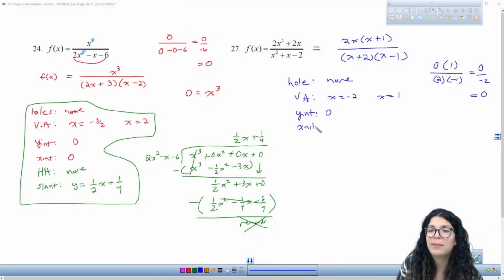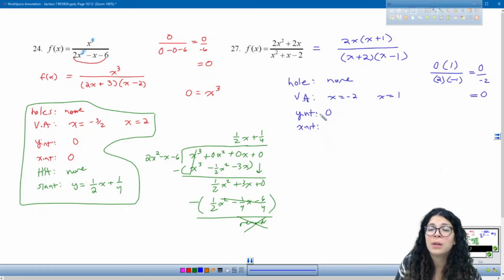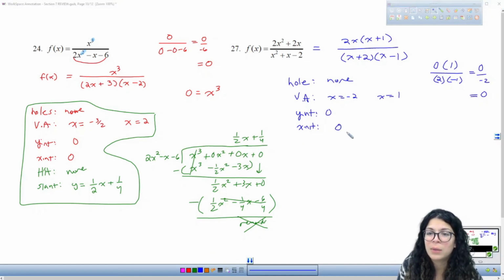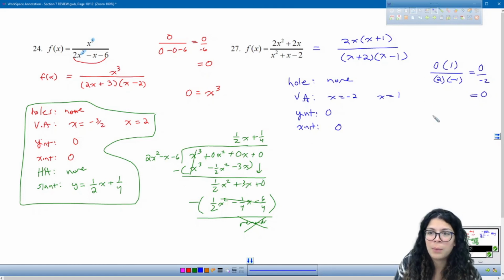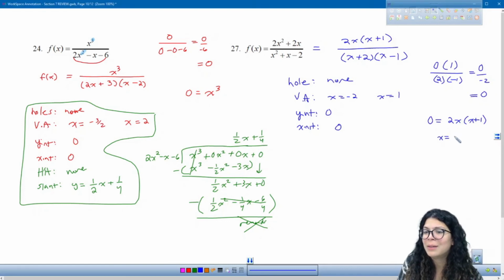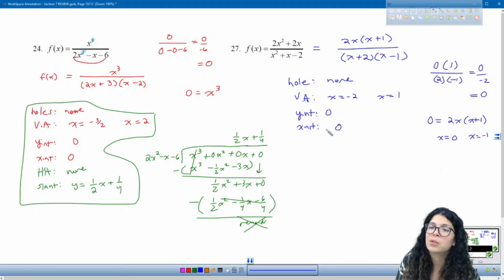The x-intercept is any values that will make the numerator 0. If 0 is a y-intercept, it's automatically going to be an x-intercept, but you're going to see that when we solve anyway. So if we set 0 equal to the rational simplified expression here, and we multiply the denominator, it will cancel it out. So it's really what's just going to make the numerator 0. So we can see here the numerator x being 0 will make the numerator 0, and x being negative 1 will also make the numerator 0. So we knew that 0 was an x-intercept based on that it was a y-intercept,